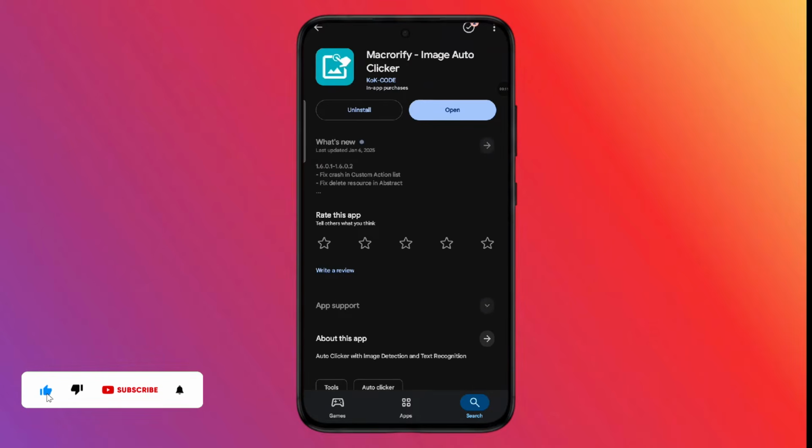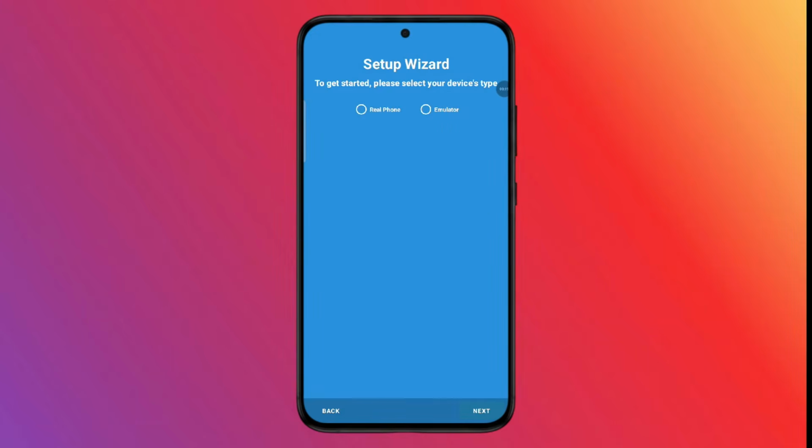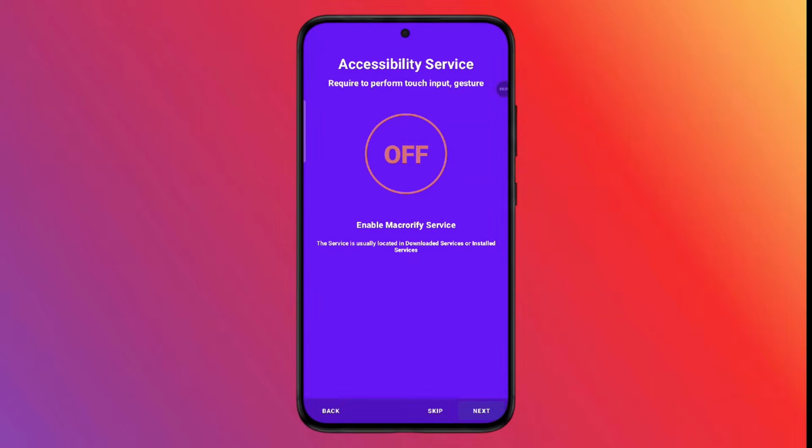Once you find one, just tap Install and wait for it to download. After installation, open the app, and when it asks for permissions, just tap Allow so it can work properly. You may be asked to enable overlay permissions or accessibility permissions, so just follow the on-screen steps and turn those options on. Once everything is enabled, you can start recording actions, taps, and gestures, just like TinyTask, but